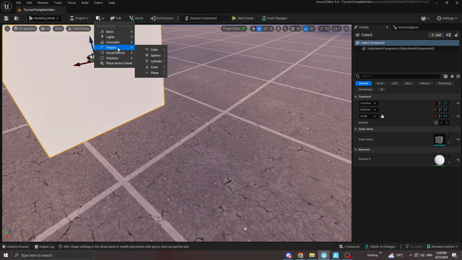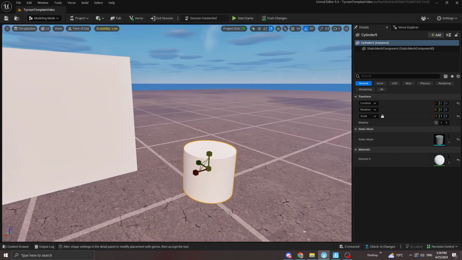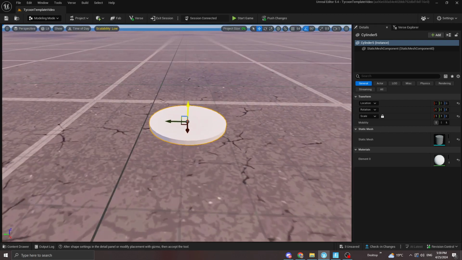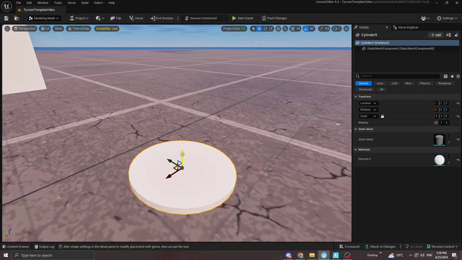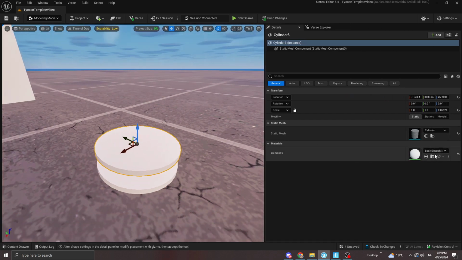Then you make another shape from here. You make a cylinder. Click R again, make it like this. W and put it on the ground. This is gonna be our button. Copy and paste it so it will be duplicated and